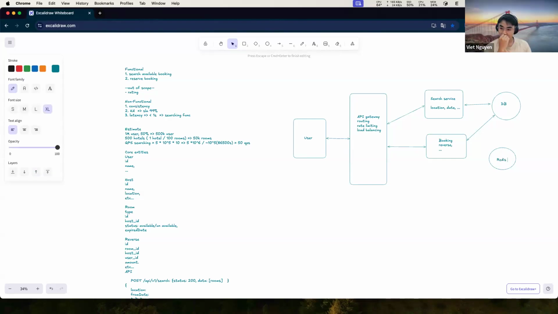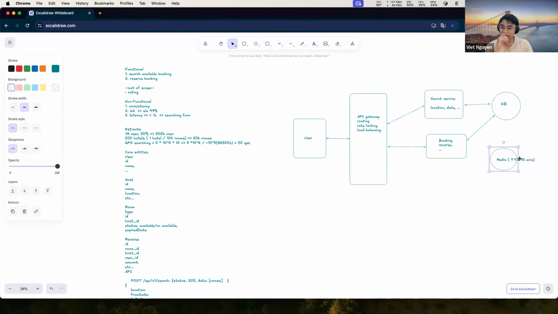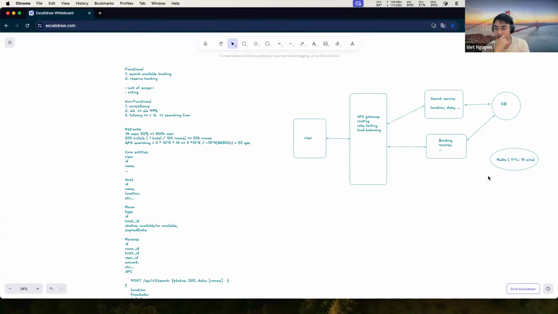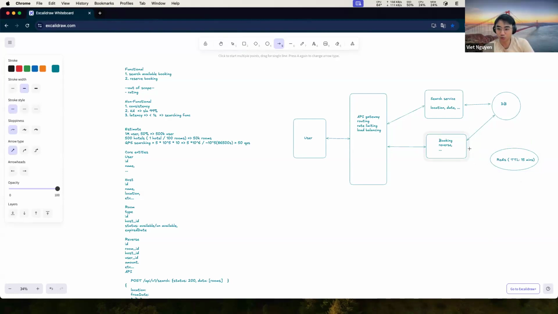Reddit, and we set the time to meet like the 15 minutes, right? Honestly, I'm not very clear on this part, but later we can talk more on that, like what the Reddit counter means here and how we use it. But maybe right now you can just walk me quickly through things so we can see how the whole flow works when a user goes into our system and how the data flows in our system.